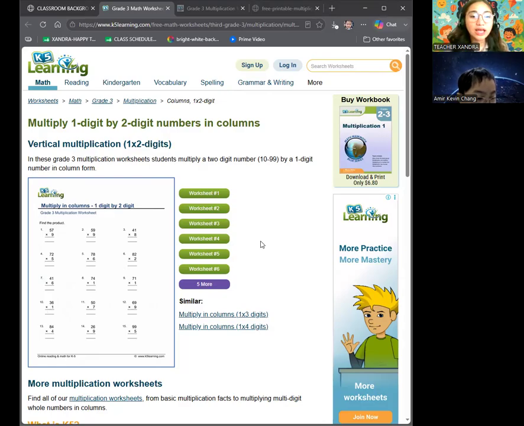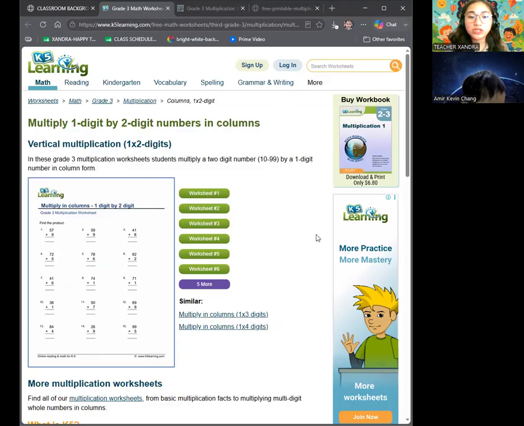So again, our session will focus on multiplication in columns as you can see here in our screen. Can you see it? Yes or no? Yes. Very good. So specifically multiplying a one-digit number by a two-digit number. This means we will practice problems where you line up the numbers carefully in columns. You need to multiply step by step and then add the results to get the final answer.